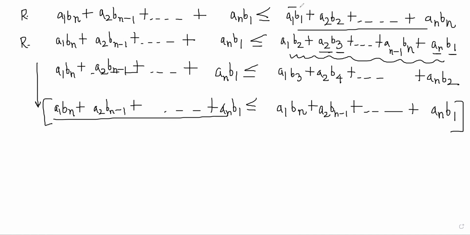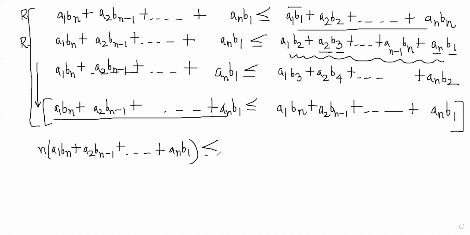I have started by the same order sum and I have then shifted the terms one by one step at a time, basically, right? If you add up all of these inequalities, what I would get is n times a1 bn plus a2 bn minus 1, and so on till an b1 is less than equal to, when you add these vertically, okay? So you'll get a1 and now you'll get b1 plus b2 till bn plus a2, and